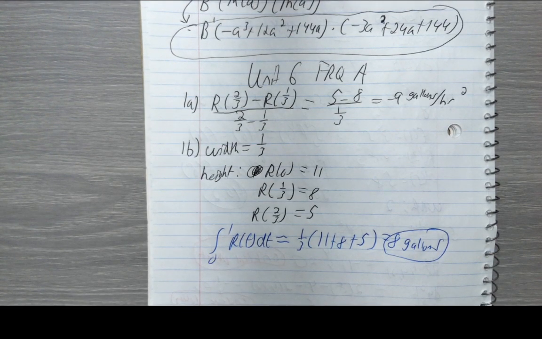This integral from 0 to 1 of R of t dt just means the area under the R of t curve, from the point 0 to 1. What's the area underneath the R of t curve? We can find that by using left Riemann sums. We can approximate that by doing that. So yeah, integral information would be gallons, we know it's gallons because R of t